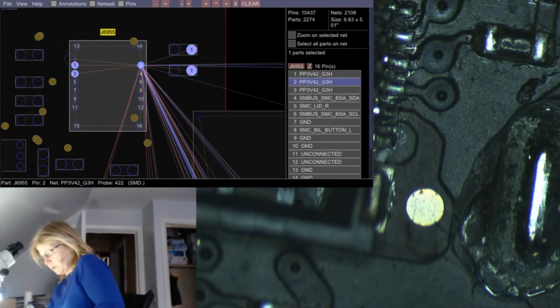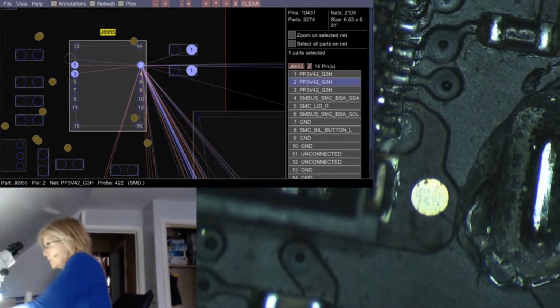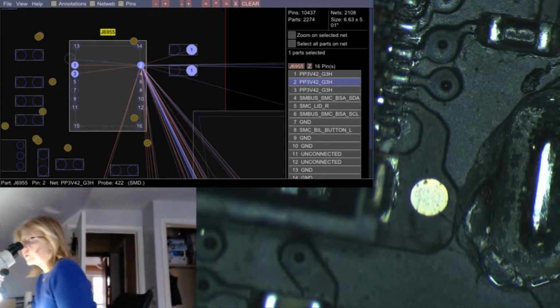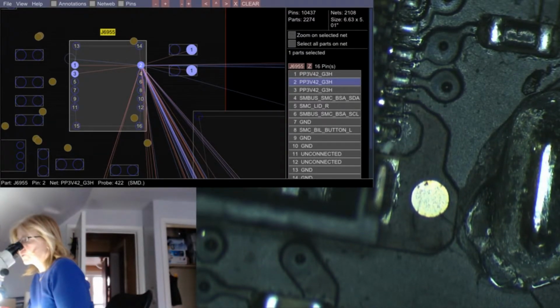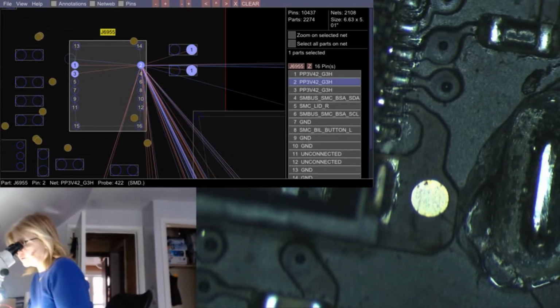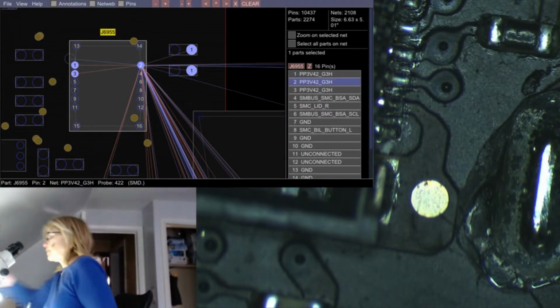So let's plug in the power supply. Let's get the probe on ground, and let's test pin 2. And I'm getting 3.48. That rail is working. So I'm getting 3.48, which is good. So now I'm going to test the